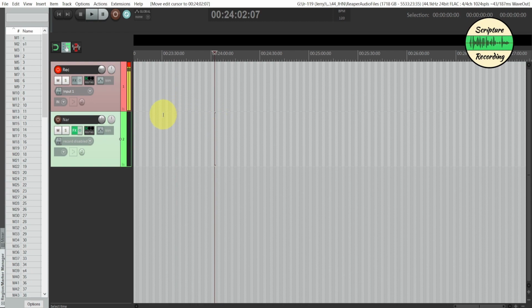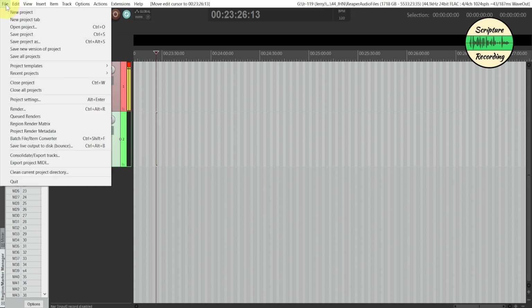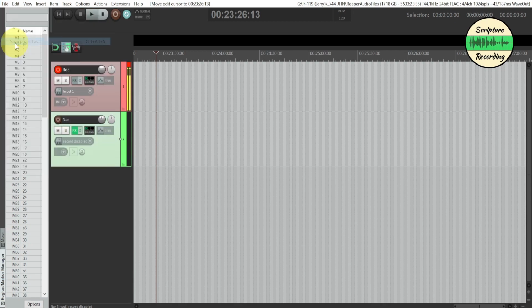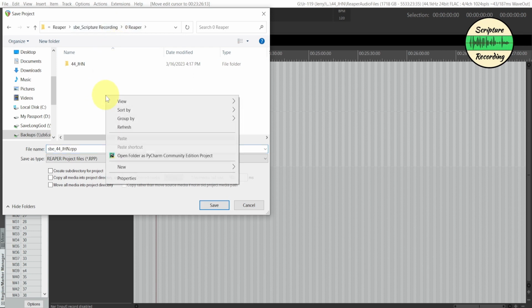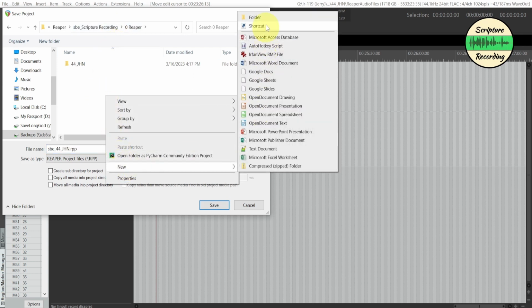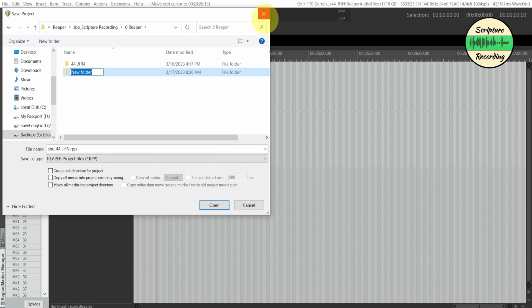Another way you can start a project is if you're recording along, and I'm recording the book of John here, and I'm done with the book of John, and I like all the settings that I have with my effects and everything, and I want to transfer those on. You can go up to File, Save Project As, and it's in John, so if I want to make Acts, then I would make a new folder, and I would call it 45